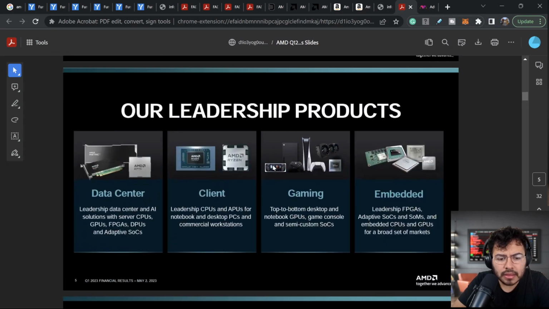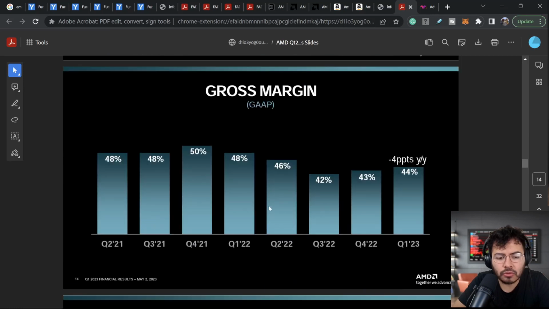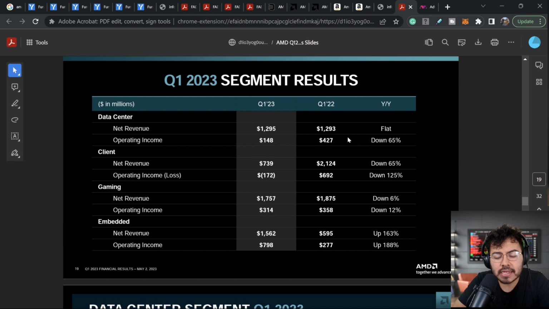I do want to say that right now the market is a little bit weak. I just wanted to take a closer look at their most recent earnings. We are seeing that right now the data center market is flat. This is something that comes from macroeconomics; we are seeing a bit of a slowdown, even by the big players. This is, in my opinion, going to pick back up once everything turns around.